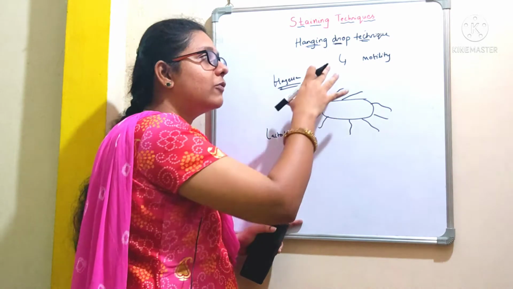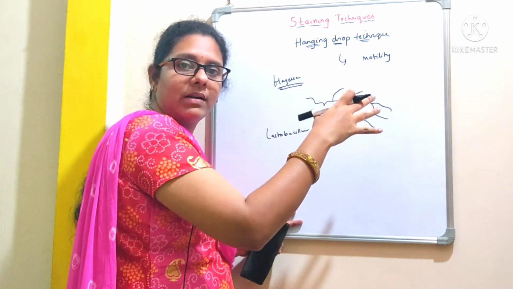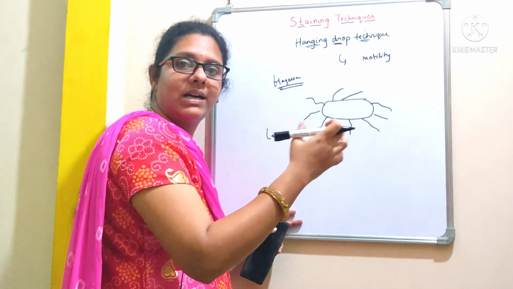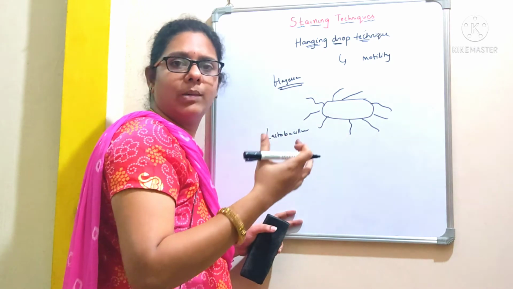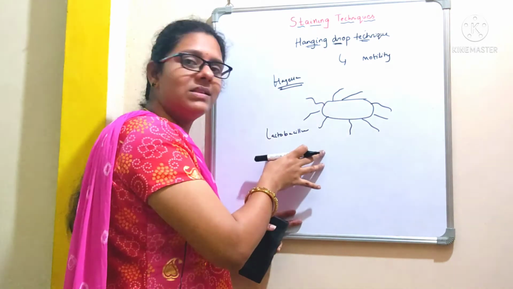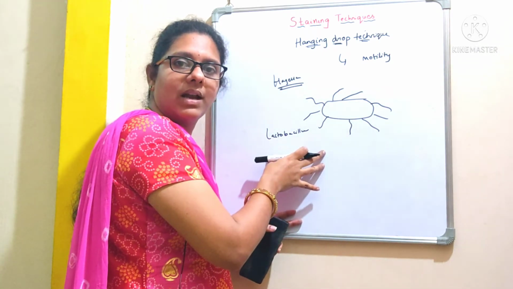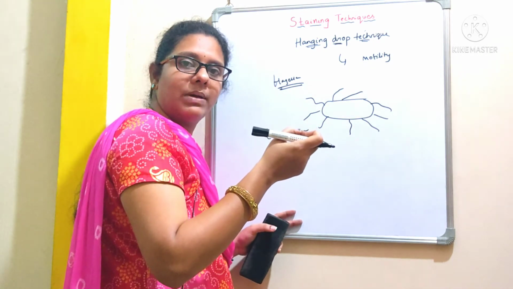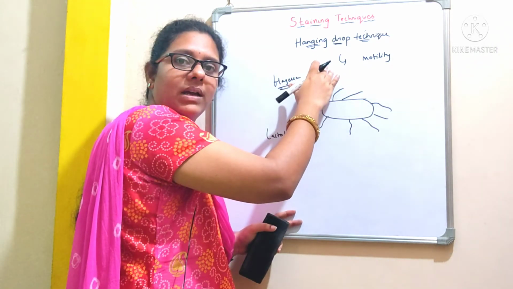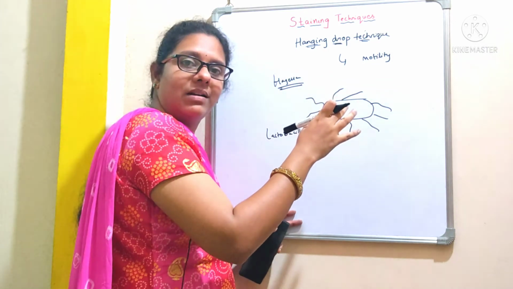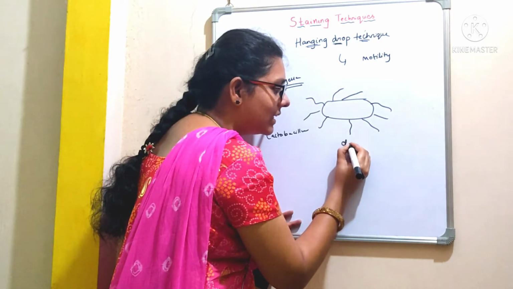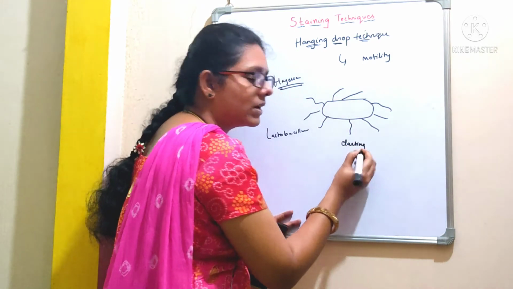If you want to perform this experiment in your laboratory, simply you can use a curd sample, because curd is like a probiotic which generally contains this Lactobacillus species, right? So take a curd sample and then you go with this hanging drop technique, and when you observe the slide under the microscope, you can observe the darting movement of the microorganism.